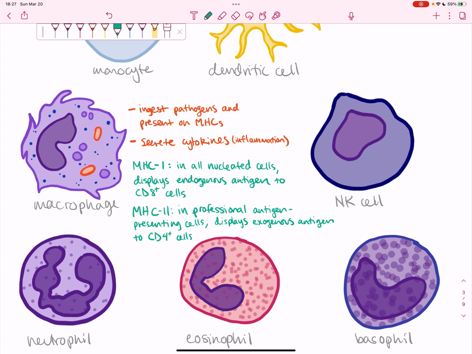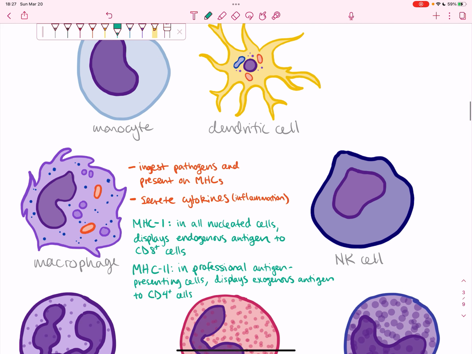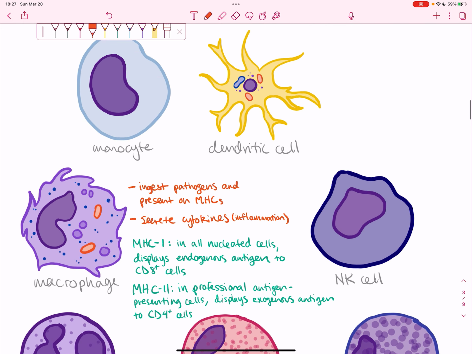Again, CD4 plus meaning helper T cells. And we will get further into cytotoxic and helper T cells when we get into adaptive immunity. Anyways, moving on with the rest of these